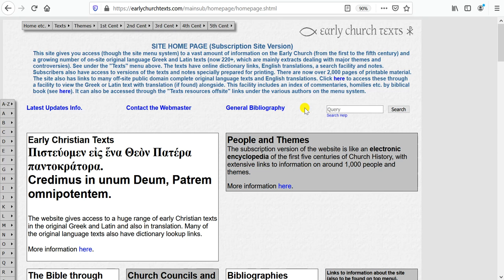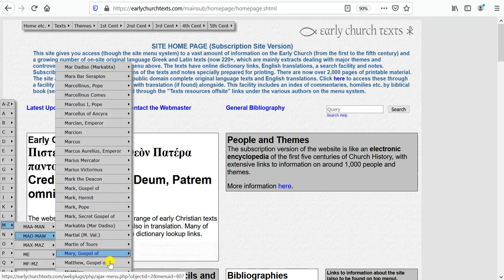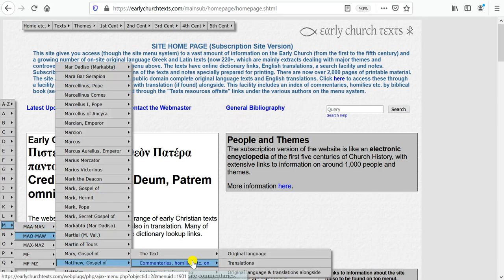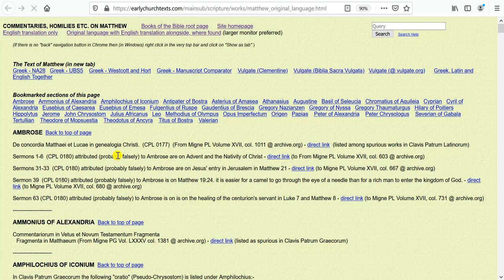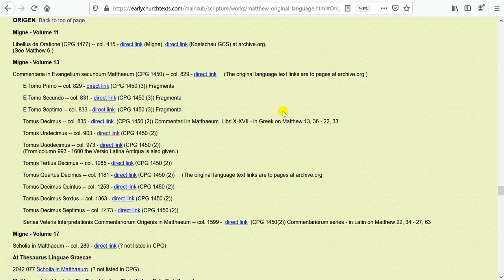Let's go now to the Matthew original language page. On the original language pages, you can click on the list of people at the top of the page, and this will take you to the relevant works by them. So we can go to the works of Origen on Matthew, explore one,